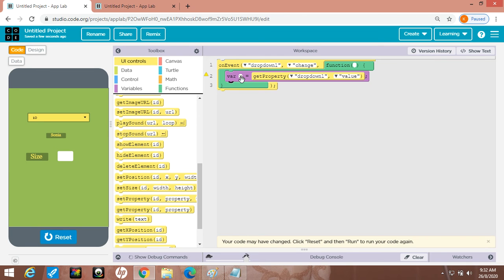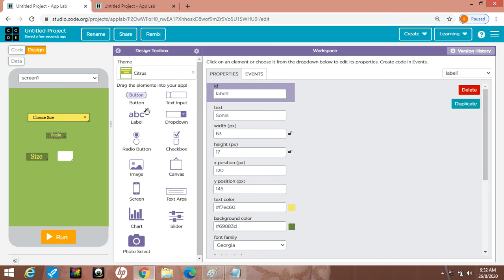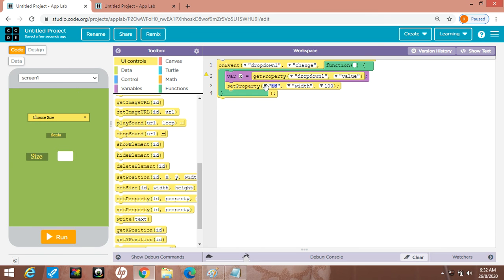Now you want to set this x value. For setting the value you will use set property. You want to set the value of this Sonia. Go to the design section, look at this. The ID is label1, so you want to set the font size of this label1. Go to the code section, set property, use label1 here.